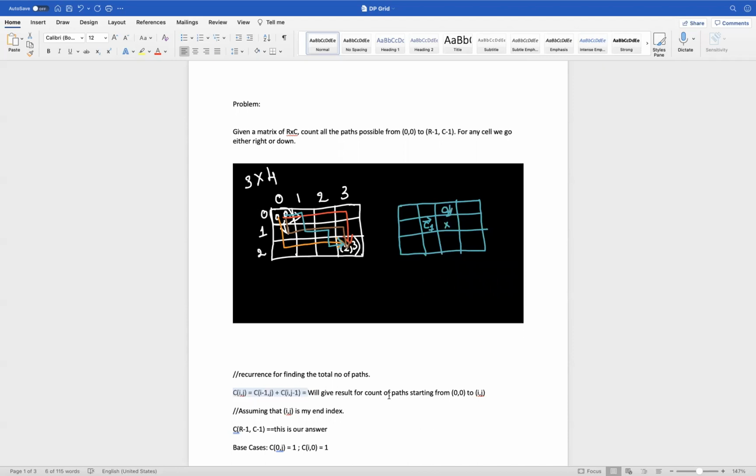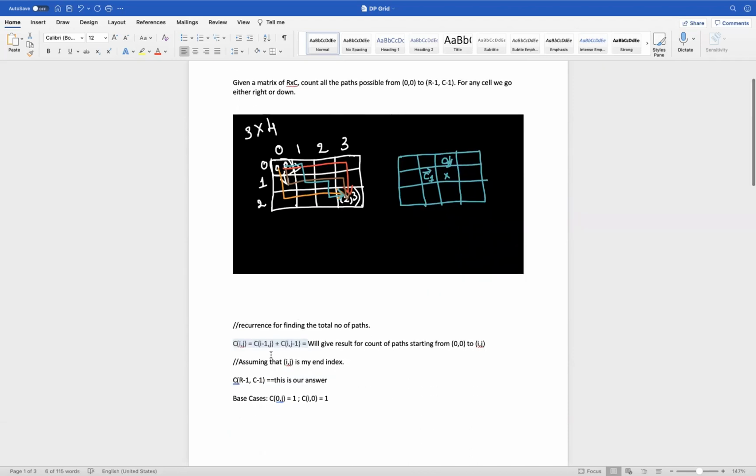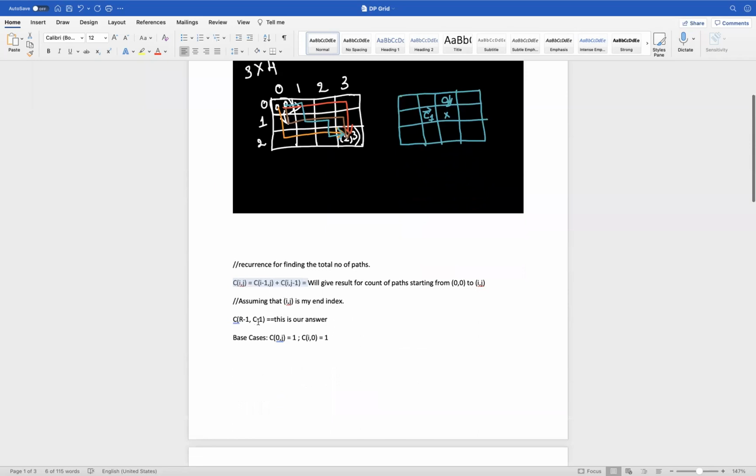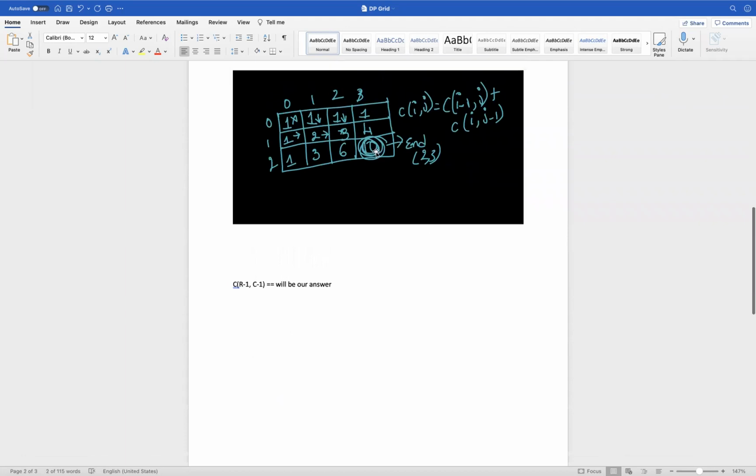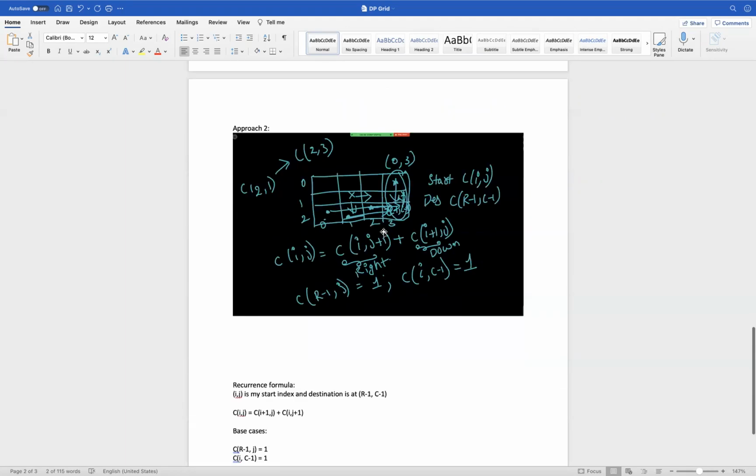This is how I landed on this one. And if we observe clearly, our answer lies in this case at C of r minus 1 comma c minus 1. So C of 2 comma 3 is our answer. It gives the total number of paths starting from 0 comma 0 to the end index 2 comma 3, right? This should be the other way.